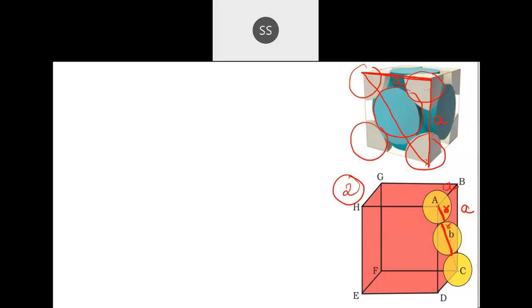So this will be R plus R. You know the radius and diameter relationship: diameter is equal to 2R. So here R plus R, 2R, you'll get. Again, for the third corner atom, only the radius part is coming. So only here are the atoms exactly in contact with each other. So now we can get the R and A relationship.